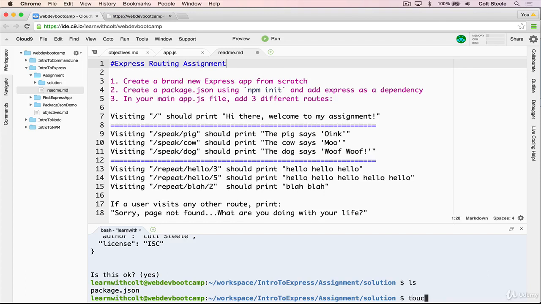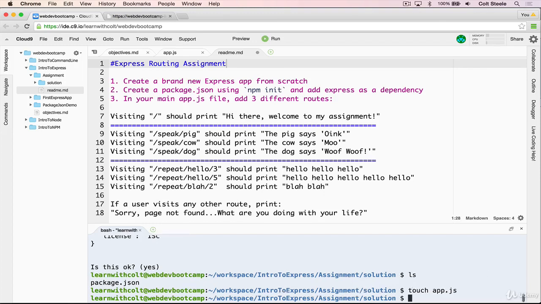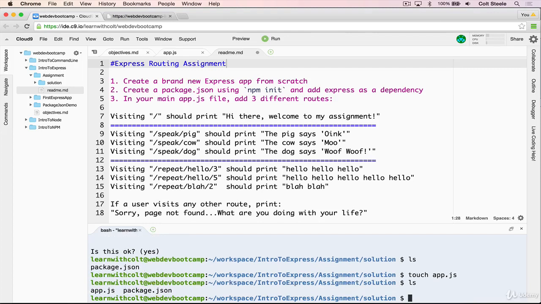Now I'm going to make our app.js. That's where we'll write all the routes and the code. And then we need to install Express. So npm install express. And the important part was that I wanted you to add it as a dependency in